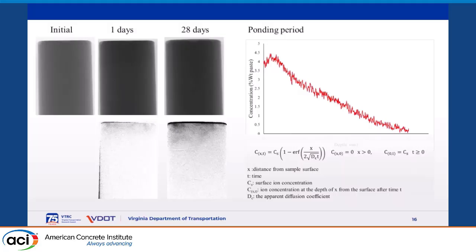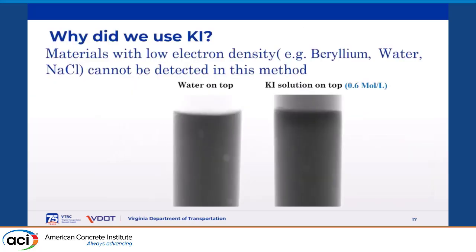And then by reaching the zero concentration, we can see how much chloride or how much iodine has penetrated into the sample. So by using this technique, we can get 3 different pieces of information: the surface concentration, the slope, that means the diffusion coefficient, and then when it reaches the zero concentration, that means the penetration depth of the detrimental